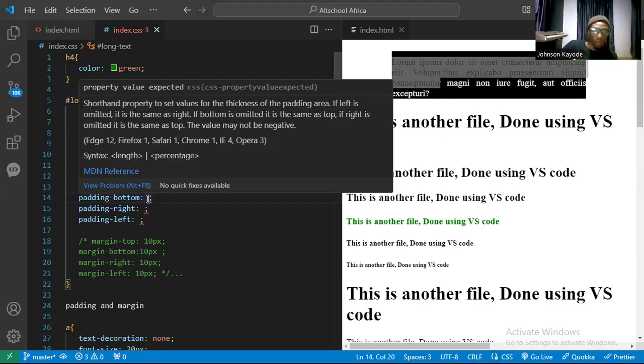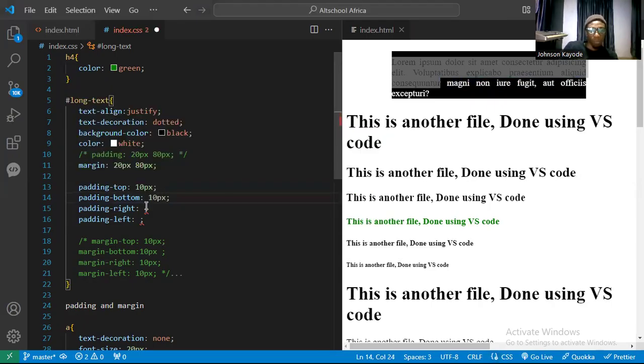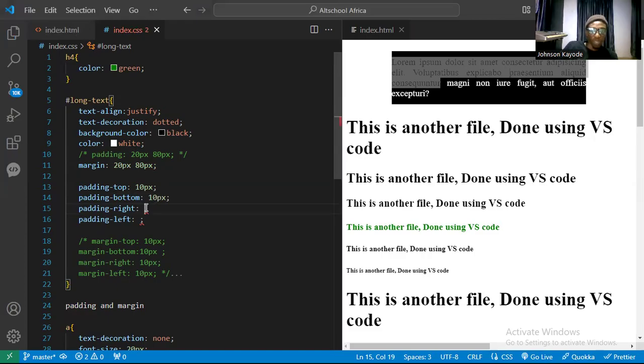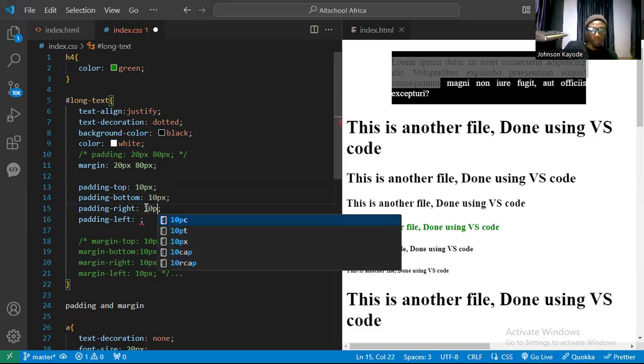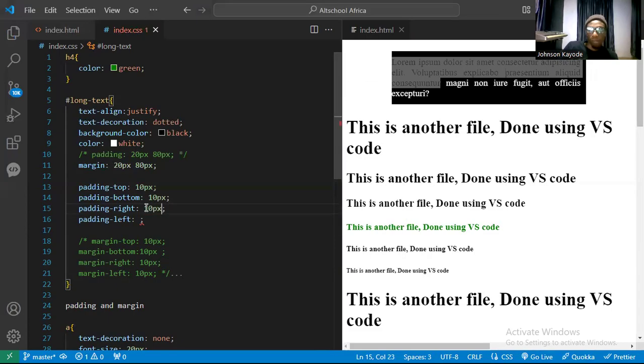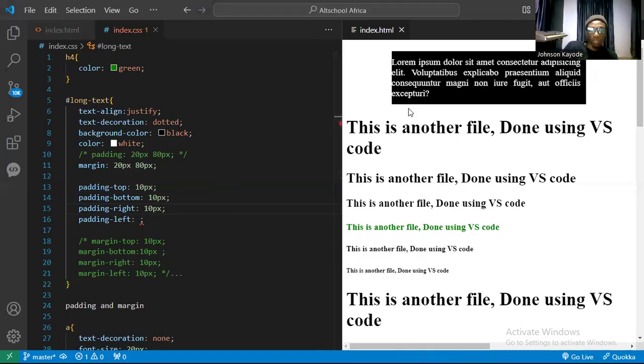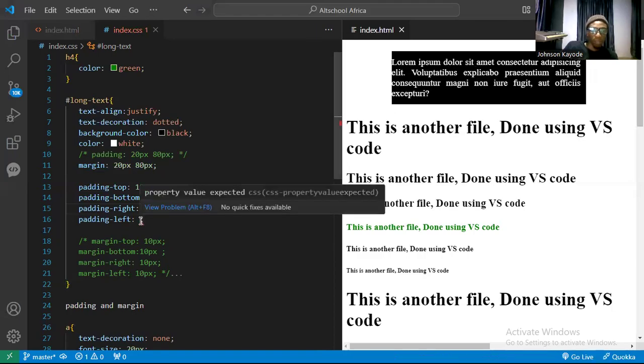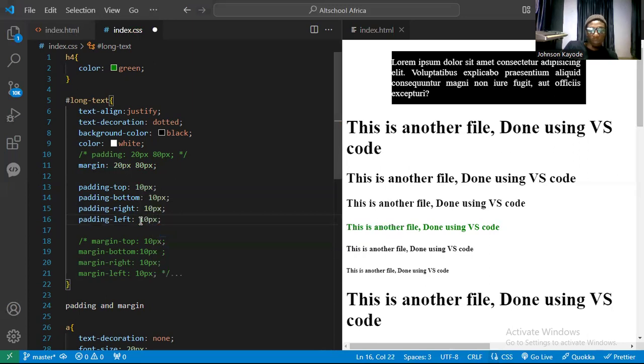Top 10 pixel, bottom 10 pixel, right 10 pixel, and left 10 pixel. And you guys see, now all these 4 lines of code are the same